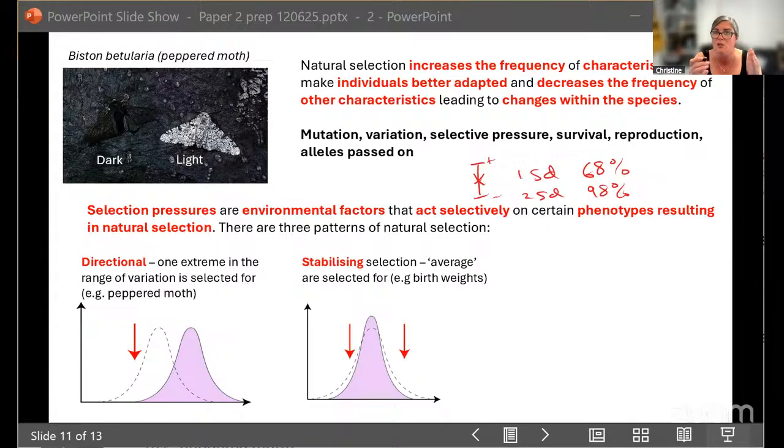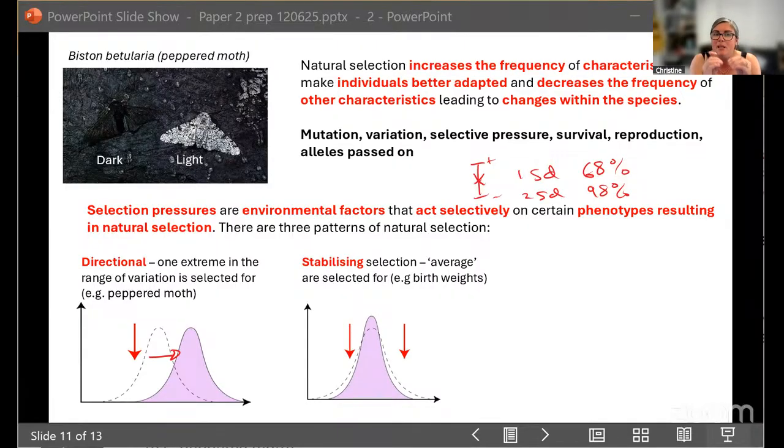The normal distribution is about whether that distribution is changing. So where's the mean going to? In this case, with it being directional, it was moving in that direction. Oh, good. Thank you, Lisa, that I was right with 68. Oh, maybe it's the 98% that's wrong. Is it 95.8%? Anyway, I haven't taught that in a while. I used to have to know it for the IB, and it's out of my head at the moment. Anyway, back to this stabilizing.